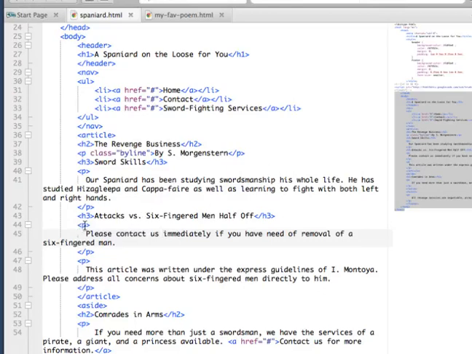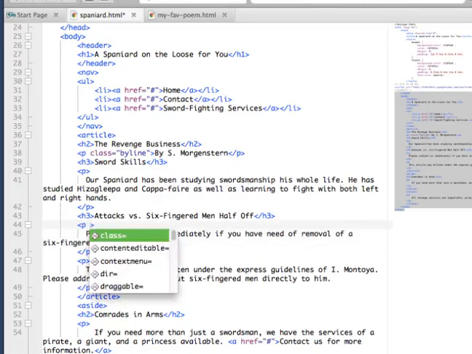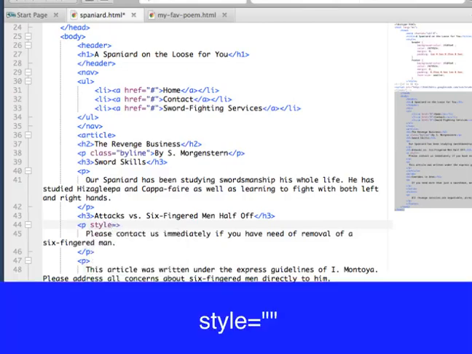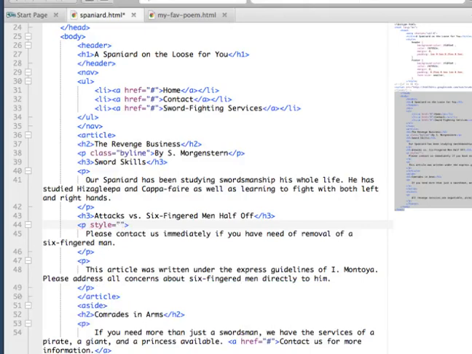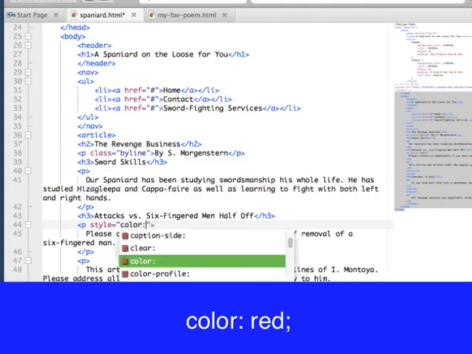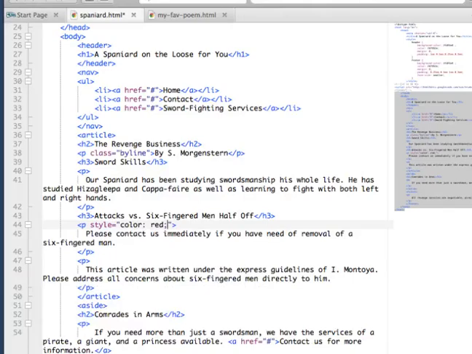The easiest way to add styles to your document is to just add a style attribute. So you type in style equals and then quotes. And then inside the quotation marks, you add your CSS properties. This is a fairly important paragraph, so I'm going to make the text red. So I'm going to say color red. Then I'm going to save my document,